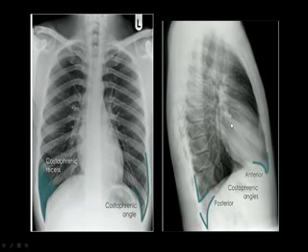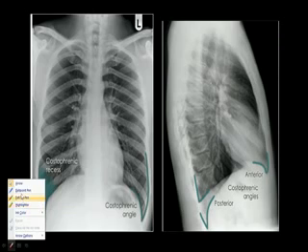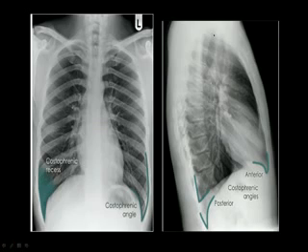As I told you, sometimes lateral films are done. This is a lateral view, wherein you are seeing the cardia, the anterior mediastinum, middle mediastinum, and posterior mediastinum. People divide the mediastinum, and there are different classifications for the mediastinum which some people follow. Up to this point, people call it the anterior mediastinum.